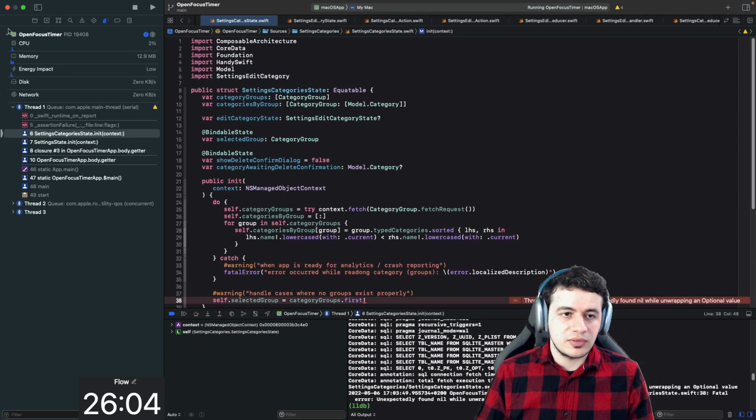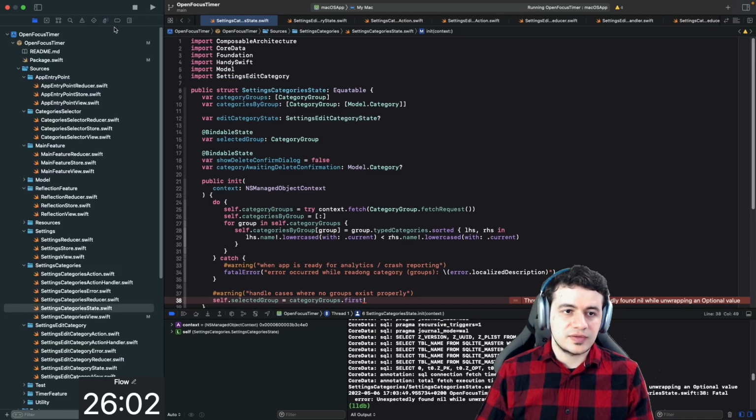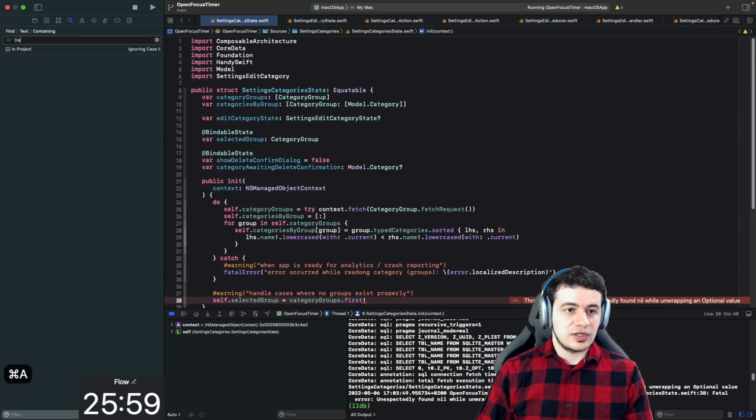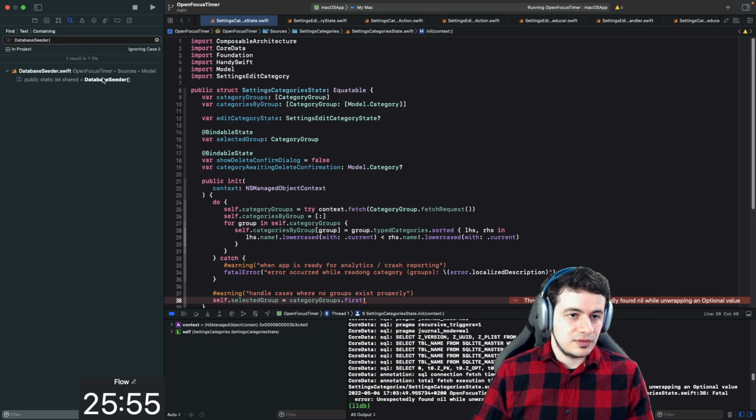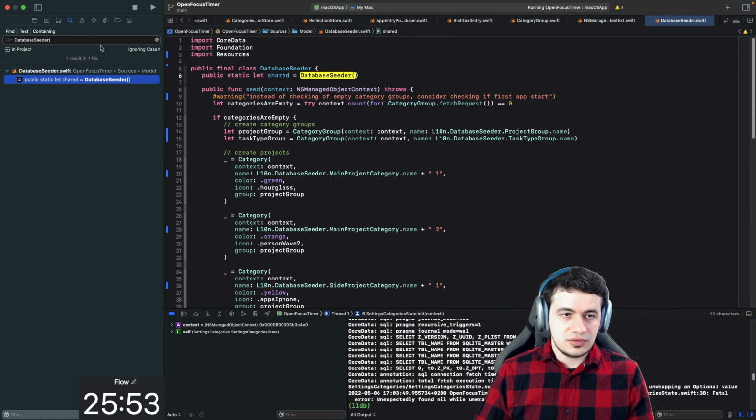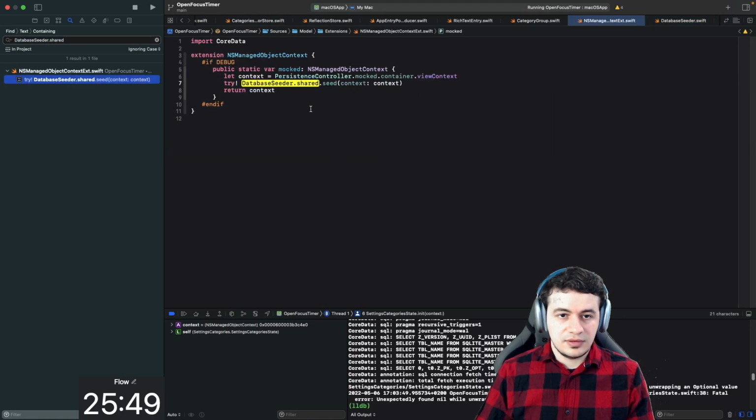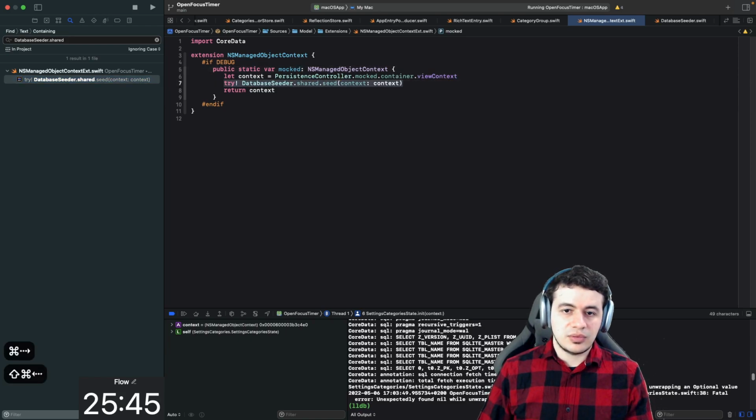So we don't have any groups. Why? Isn't database seeder being called? Let me check. Database seeder. There's a shared one. Okay, so we need to access shared. It's seeding only here. This is not what we want. We actually want to do this